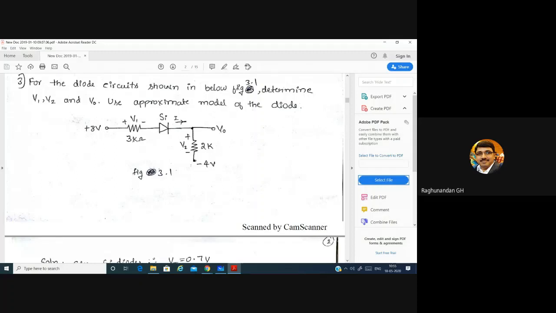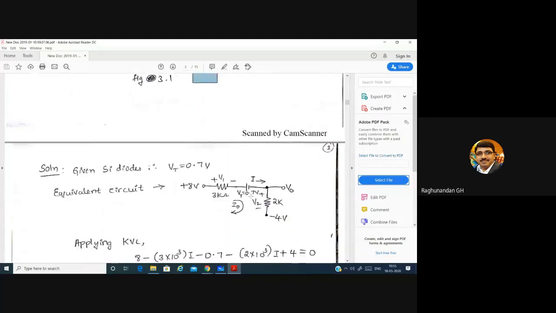But the change you should observe here is that instead of grounding this one, they have given it as minus 4 volt. Okay, so it is not ground, it is minus 4 volt. That means here you will also get one more battery. So this circuit,